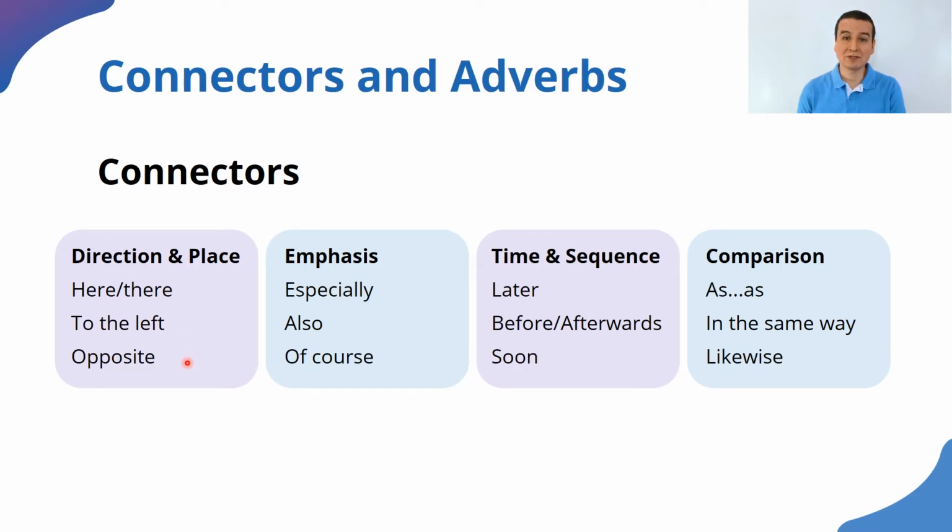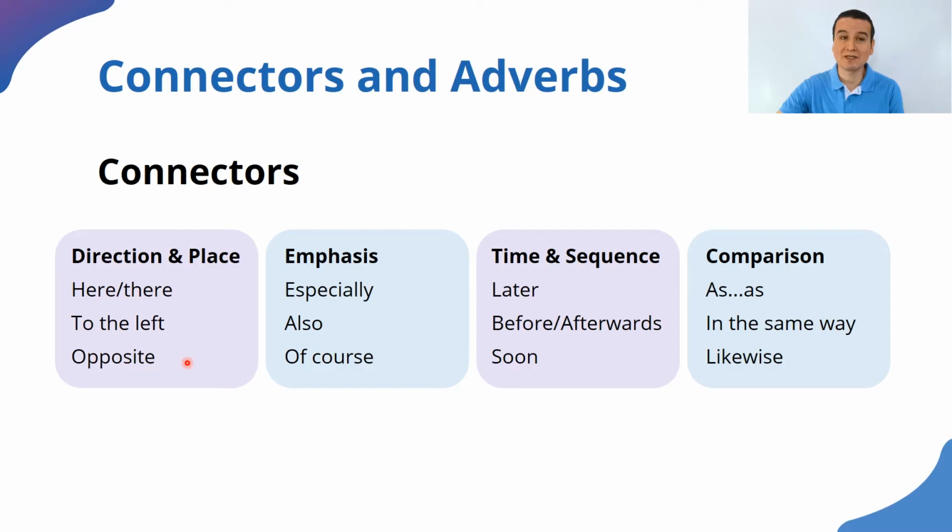If I say there is a bakery, that's just one isolated sentence. But if I say opposite the building, I am providing some information about the action or what is being described. And for that, we use some words that are connectors. Sometimes they are adverbs. Sometimes they belong to a category called conjunctions. But what is important is that they connect ideas and provide certain emphasis to the story or to the action